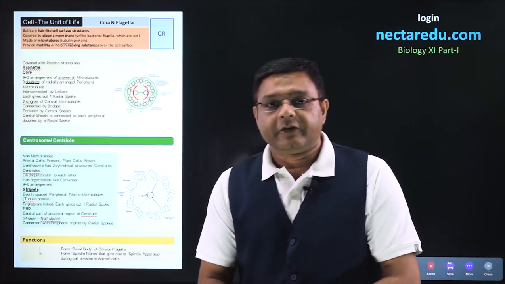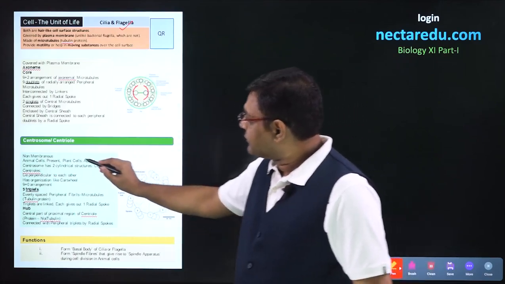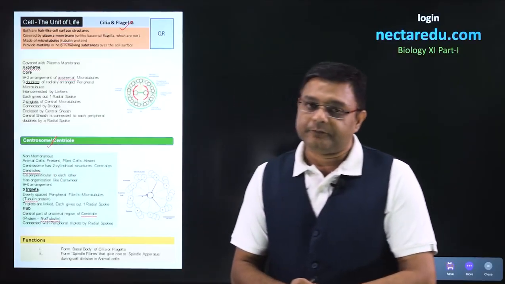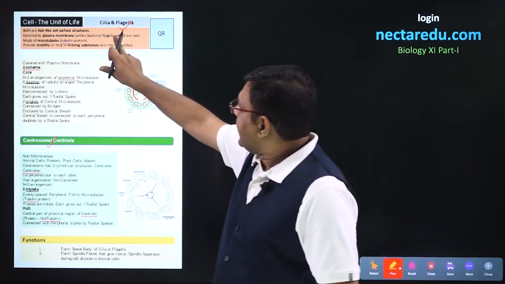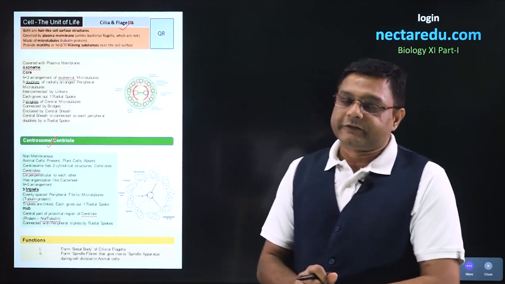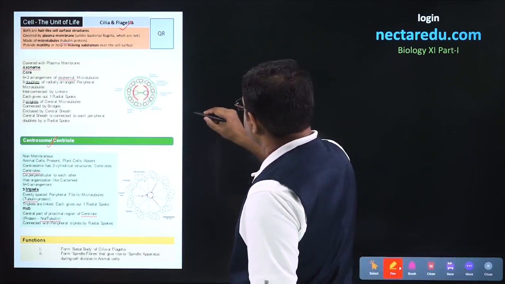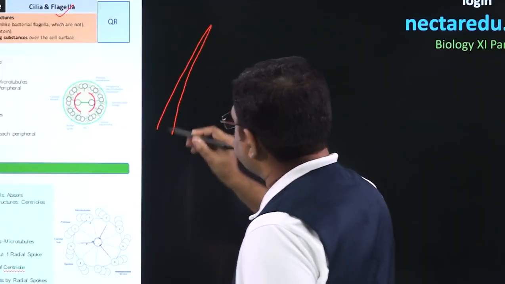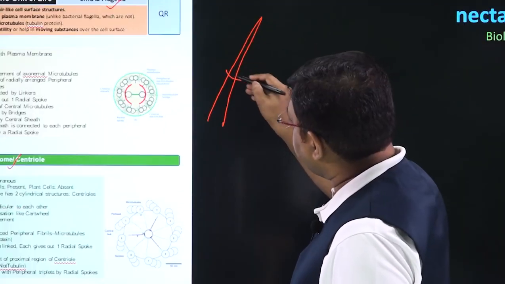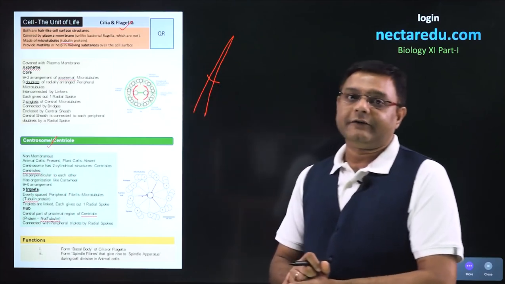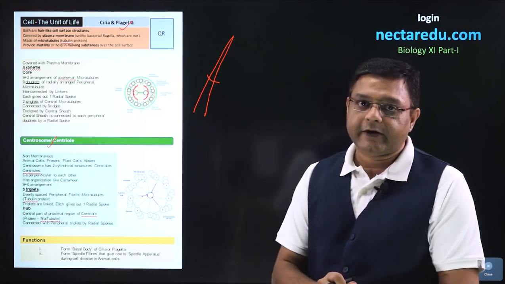In this particular video, we will look into the structures of cilia and flagella, and we will also look into the structure of centrosome. The structure of cilia and flagella is similar. Looking into the outer surface of cilia and flagella. So, cilia we very well know, or the flagella, these are hair-like structures. In this particular diagram, we are seeing the cross section of this flagella or cilia. The cross section will be circular, which is visible over here.